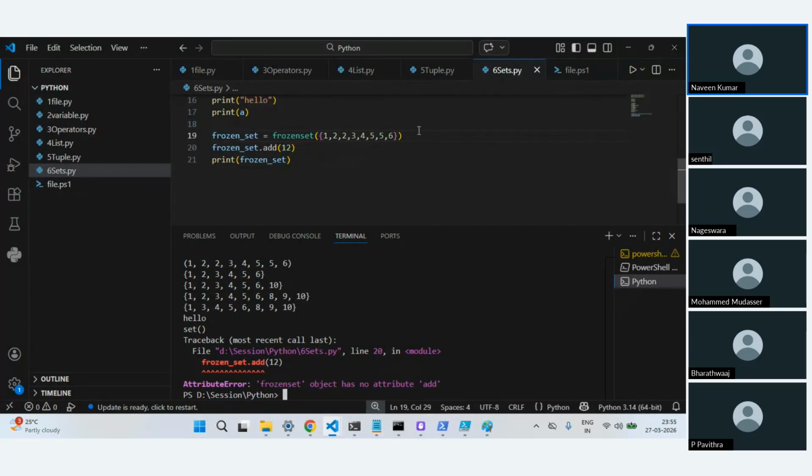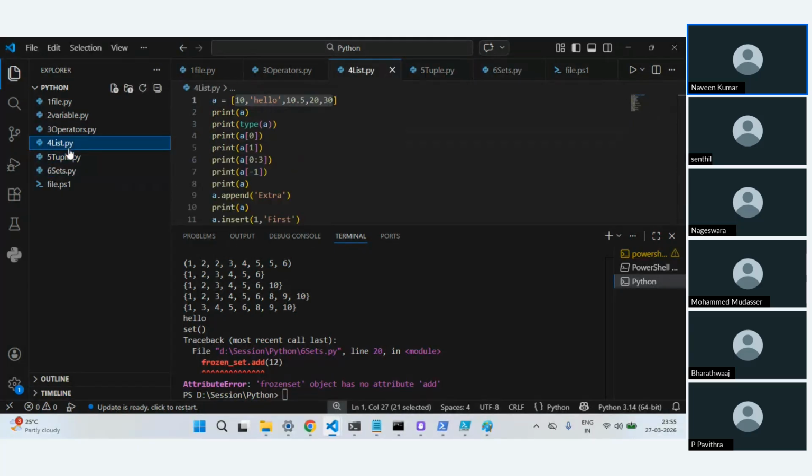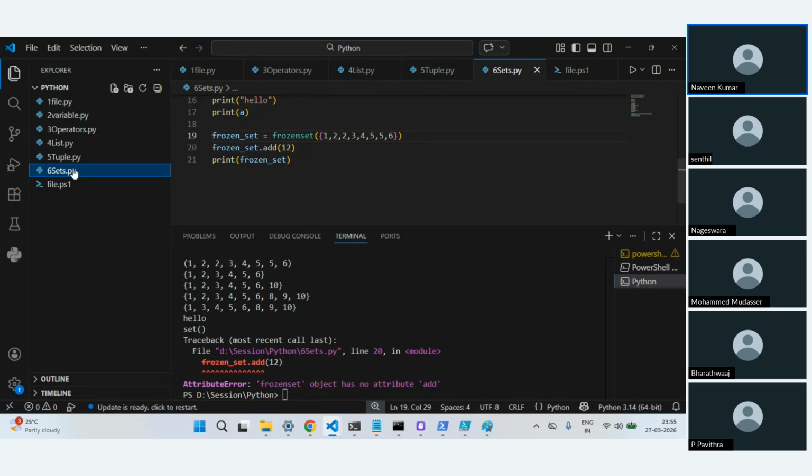If you don't want any modifications to your data once it is decided in your program, you use it. Again, you might be thinking what we'll do with all these things. All these are different concepts which you should know when you build the actual program. That's why we are covering all these things. I think we'll pause here because I still have a few other things which I thought we'll cover, but it's going to be 12. I thought we'll stop here.